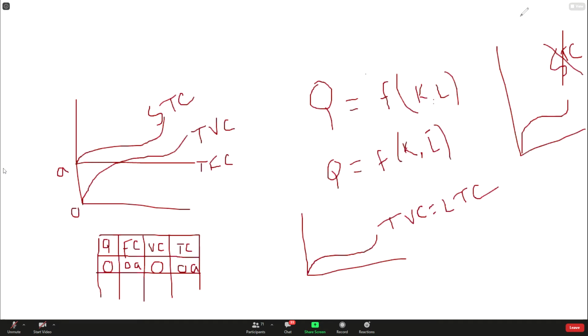Sir, cost is the amount of money spent on inputs to produce certain goods and services. So you have written in your khata, okay? From there you are reading. Yes, sir. But I don't need that definition. Actually, tell me, what is cost? If someone asks you what is the cost of that shirt, what does it mean?